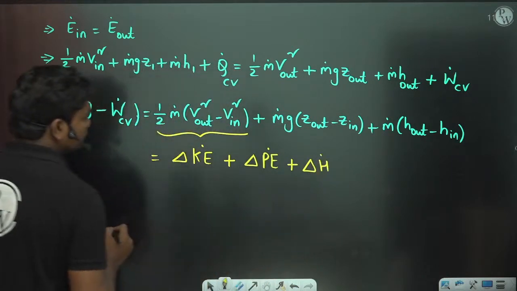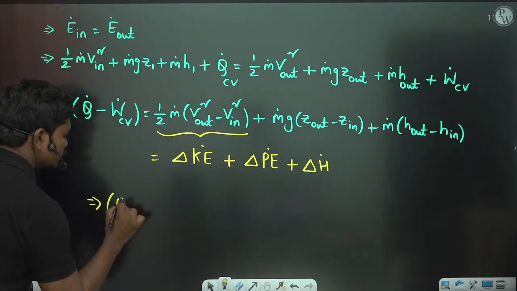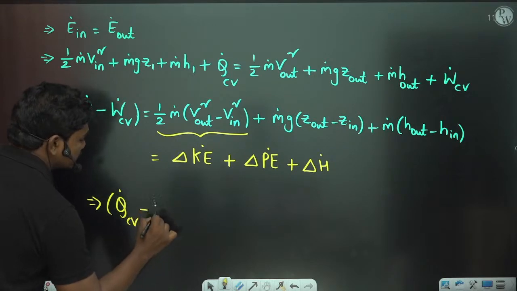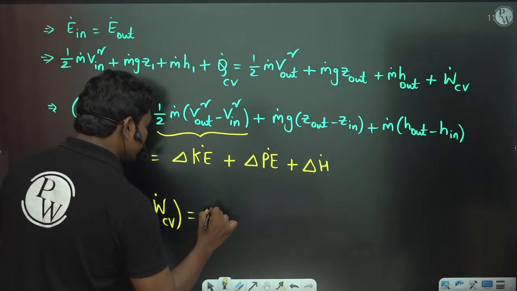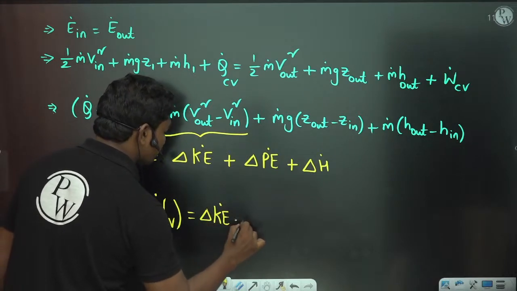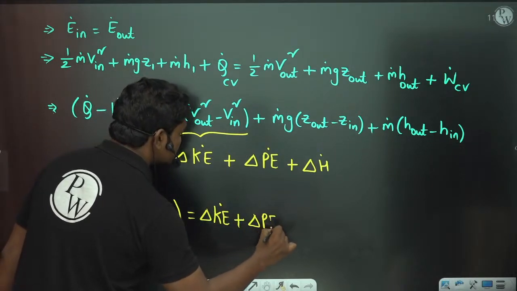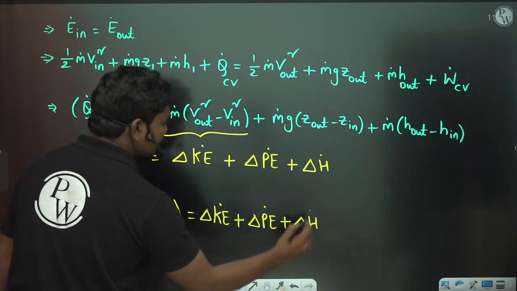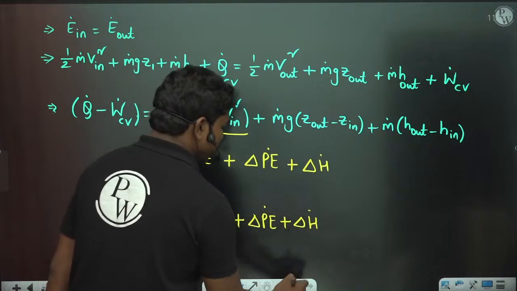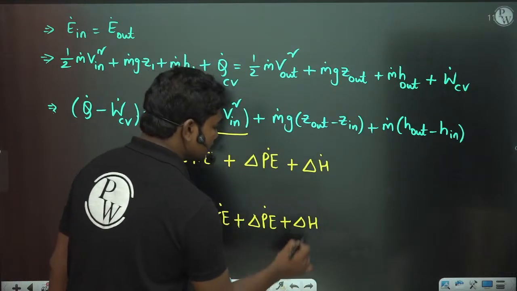So you can write this equation as Q dot of the control volume minus work interaction of the control volume is equal to delta KE dot plus delta PE dot plus delta h dot actually. Now if you divide this complete equation with the mass flow rate, if you divide this complete equation